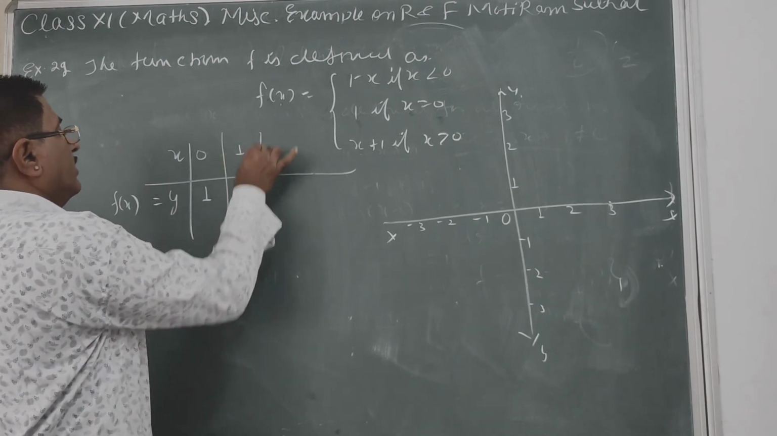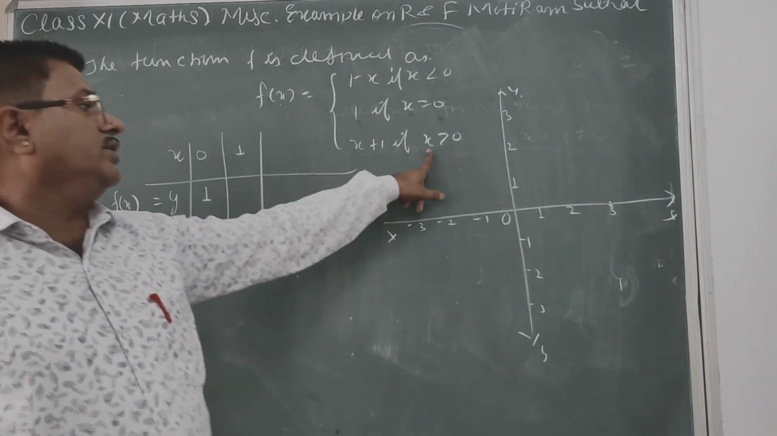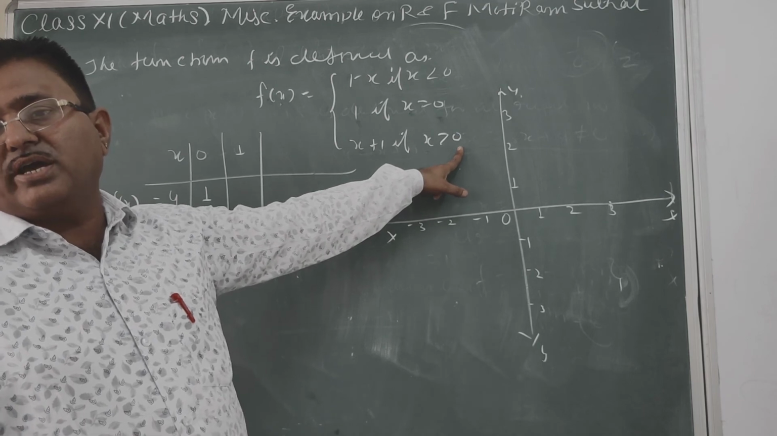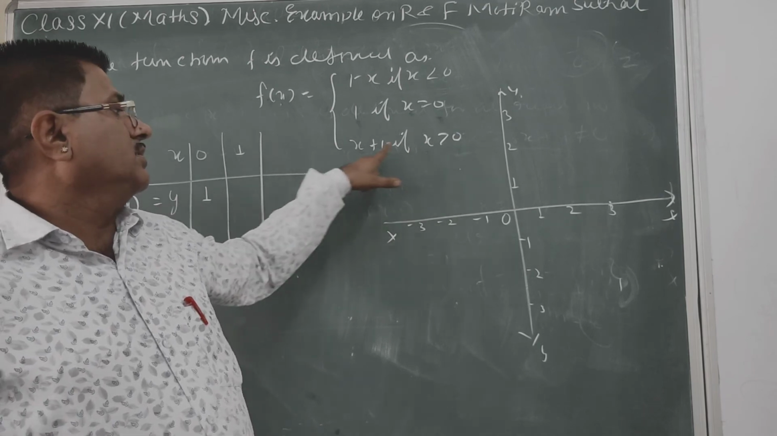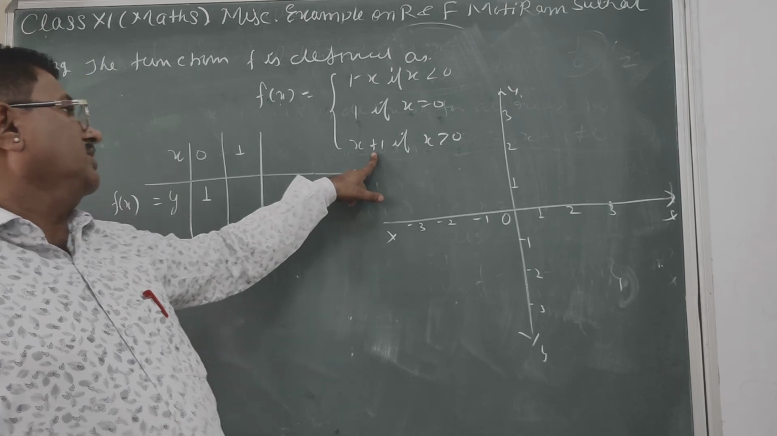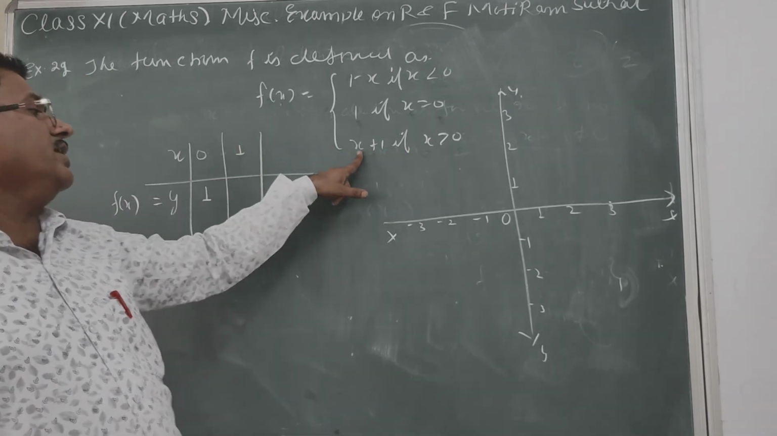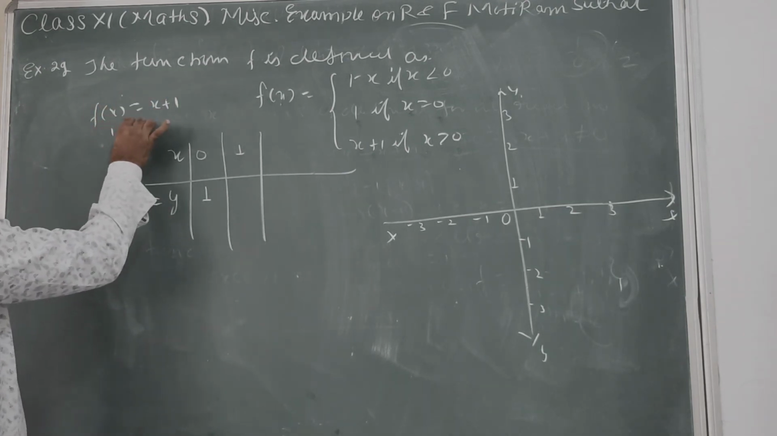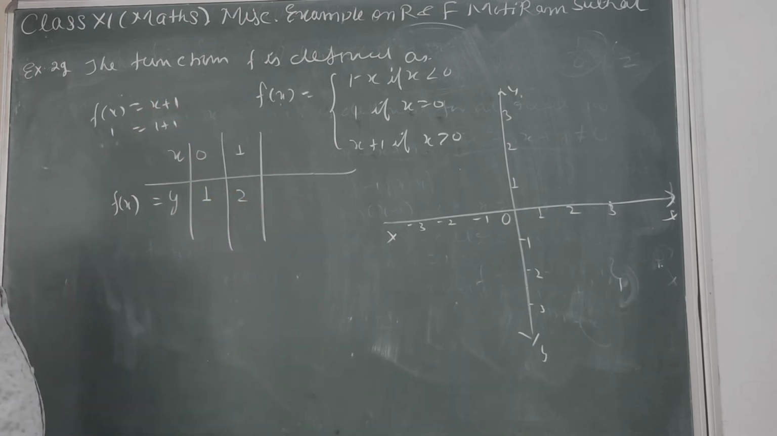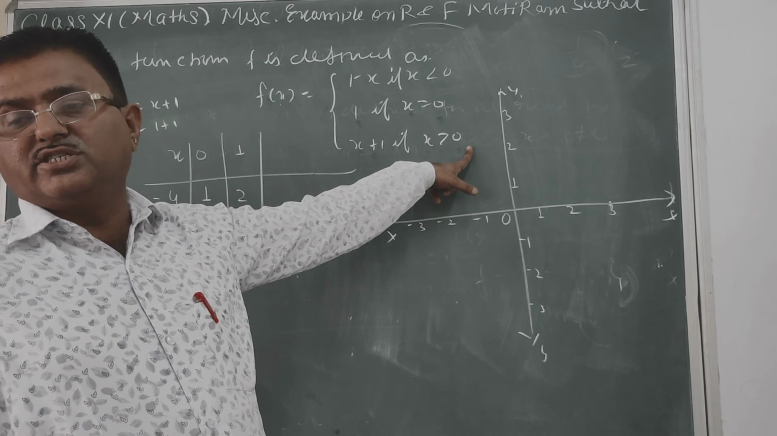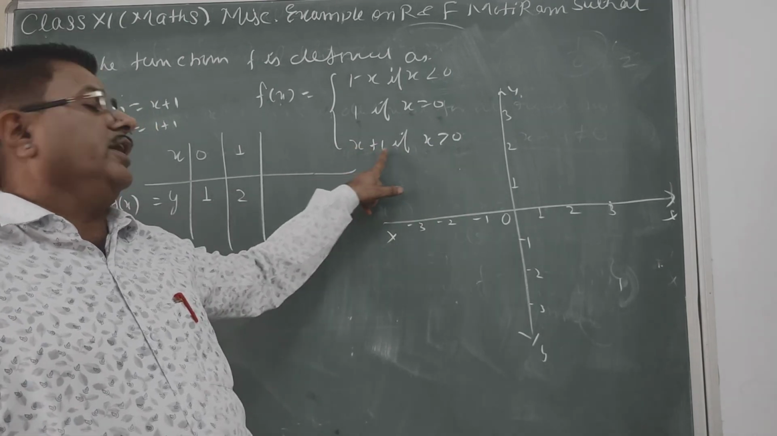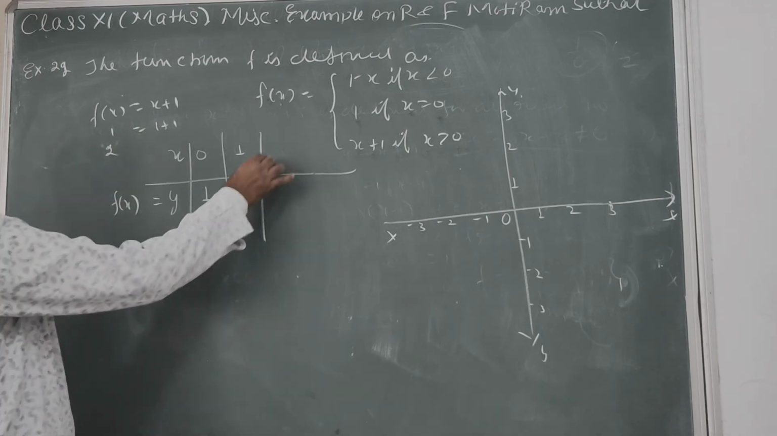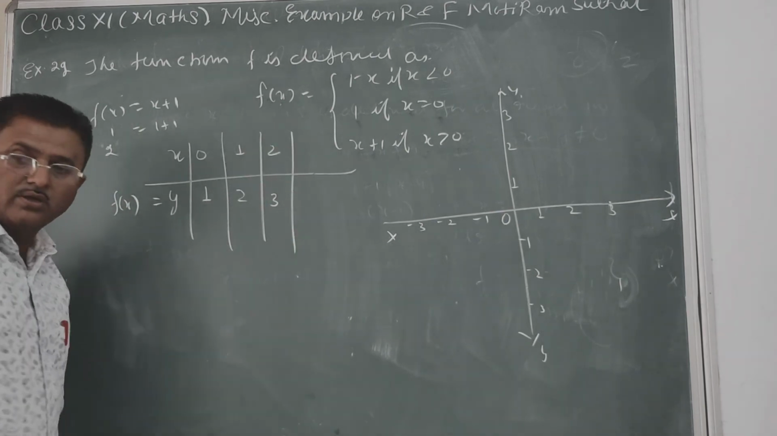Now second, when we take x equal to 1, now you know that 1 is greater than 0, तो जब भी आप x की वैल्यू 0 से बड़ी लोगे then you take function this, यानी x plus 1। अब यहाँ 1 रखो तो 1 plus 1, so y will be 2. Similarly if you are taking x equal to 2, this is also greater than 0, so function will be x plus 1, so 2 plus 1 that is 3 and so on।